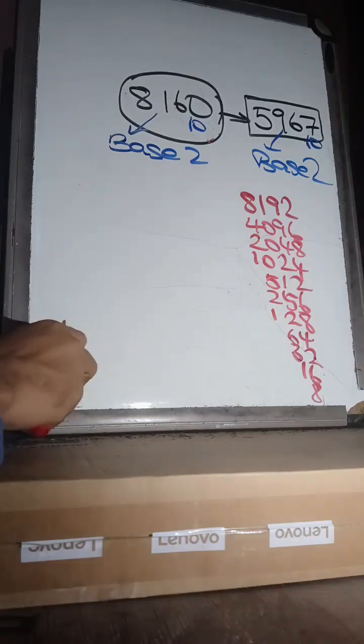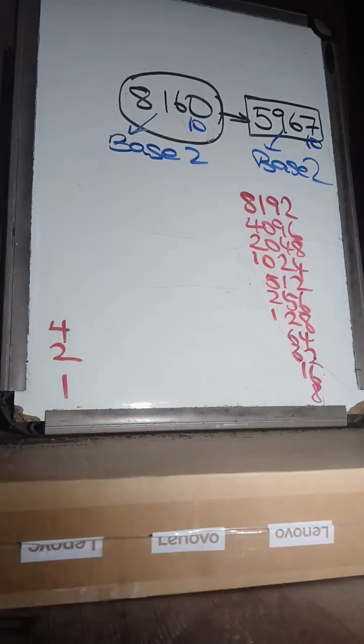I think we know what goes down after that, right? I don't know if I can put it over here too. Right? 4, 2, 1. Right? So therefore,